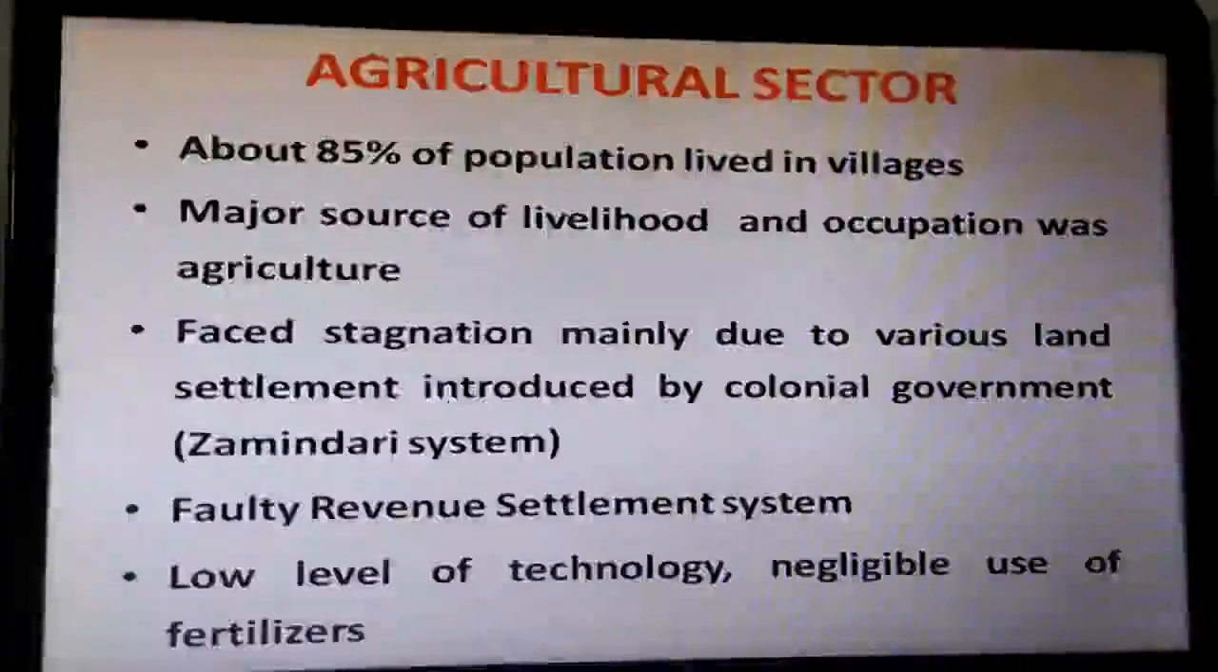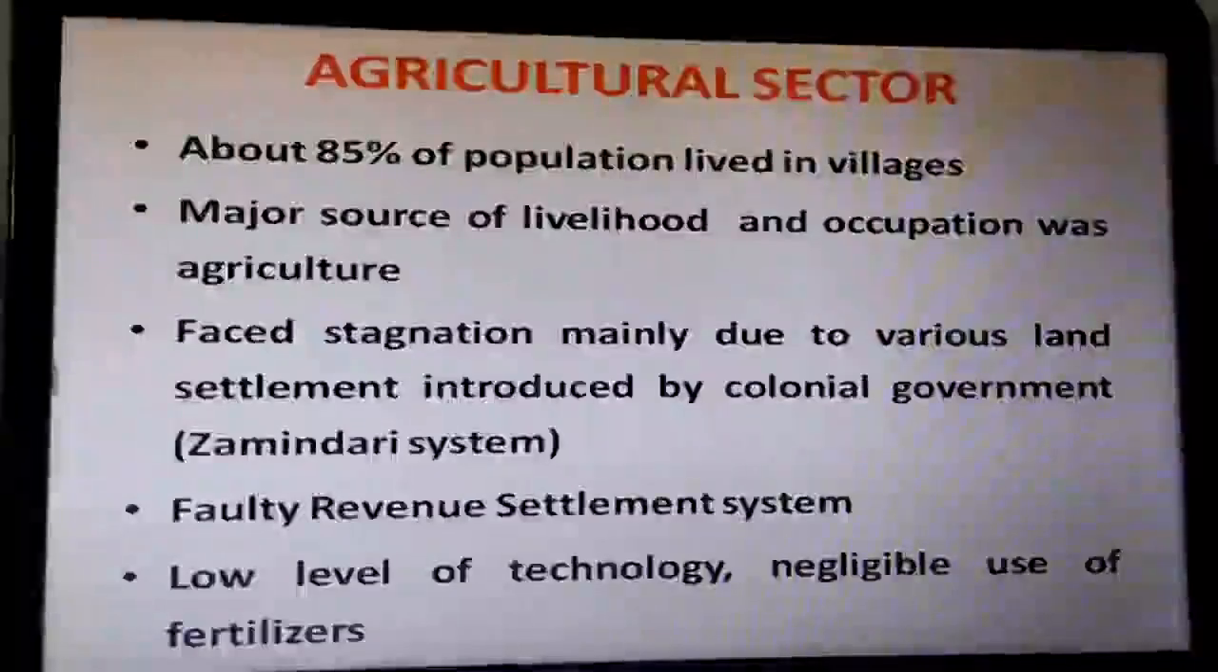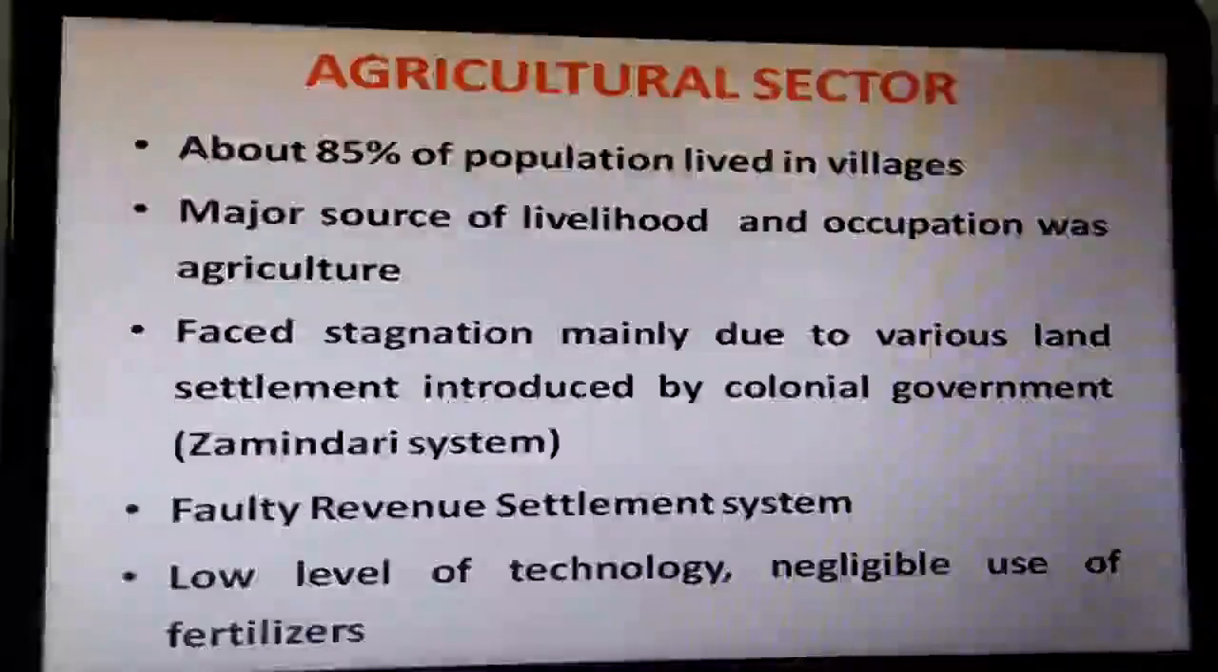These zamindars did nothing to develop and improve the condition of agriculture, and the main interest of zamindars was to collect rent regardless of the economic condition of the cultivators. This led to immense misery and social tension among the society. Now, if we observe, the reason for such an attitude of zamindars was the faulty revenue settlement system as set up